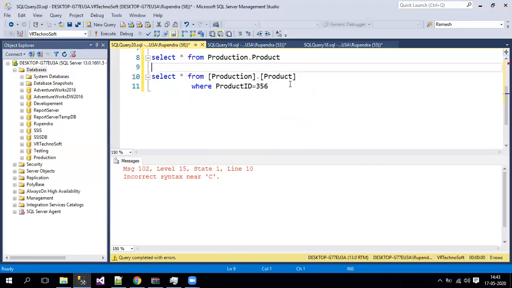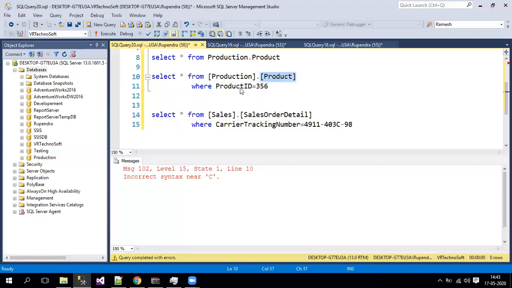In the previous example, we passed the product table, and product ID is the integer data type, and we are passing an integer number. So there is no point in passing the single quotes, correct? Because it's an integer, obviously it will give you the results. But when I'm passing a value for my varchar column, definitely we'll keep the single quotes, right?